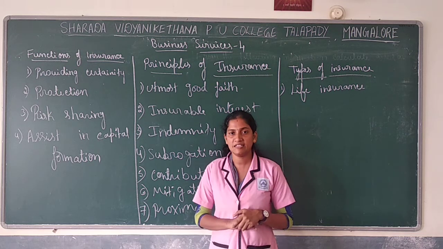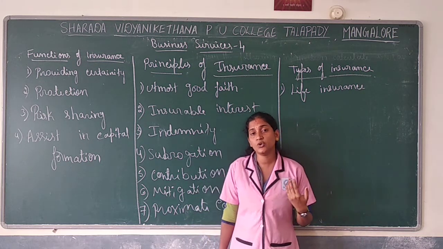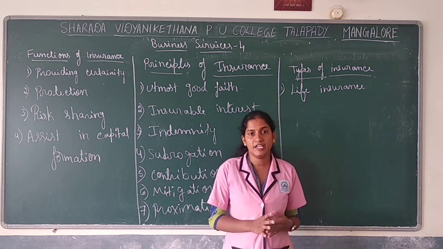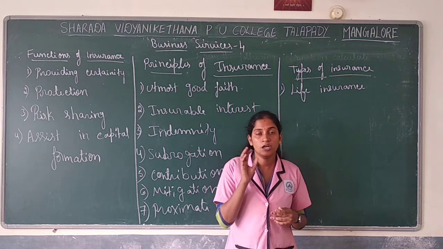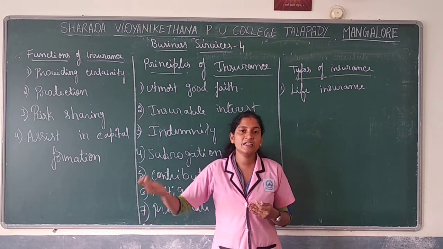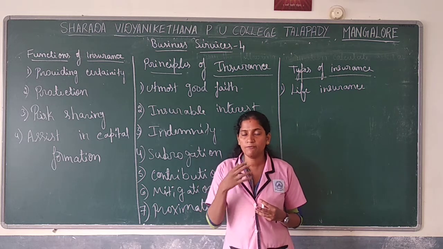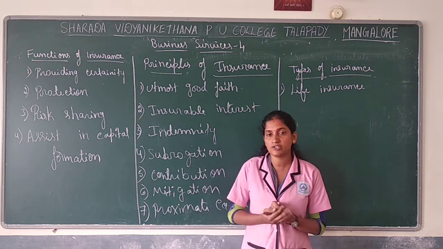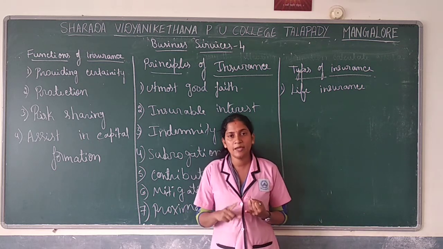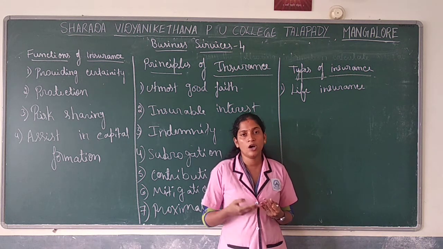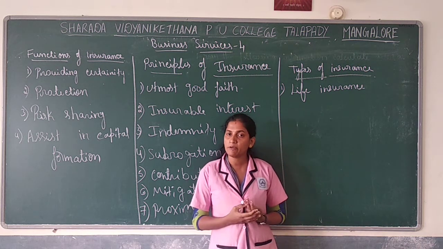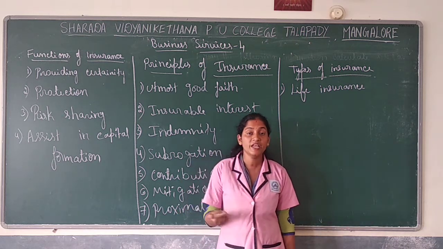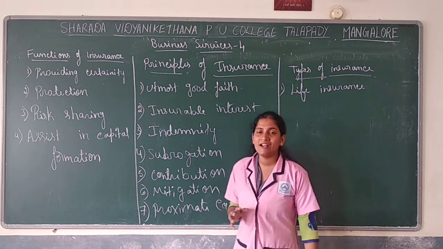First one, providing certainty. As I told, insurance is a protection for us. Providing certainty means surety. If any financial problem arises in the future, we can cover it from the insurance because we have paid a premium. If we take an insurance policy, we have to pay a premium, students, as per the agreement. It might be monthly, quarterly, half yearly, or for 1 year, or as a lump sum given to the insurance company. After a certain period, we can cover it also. So it provides certainty.